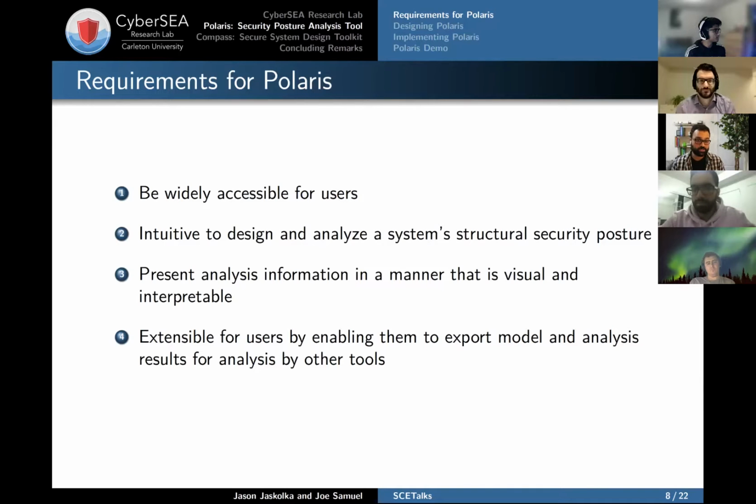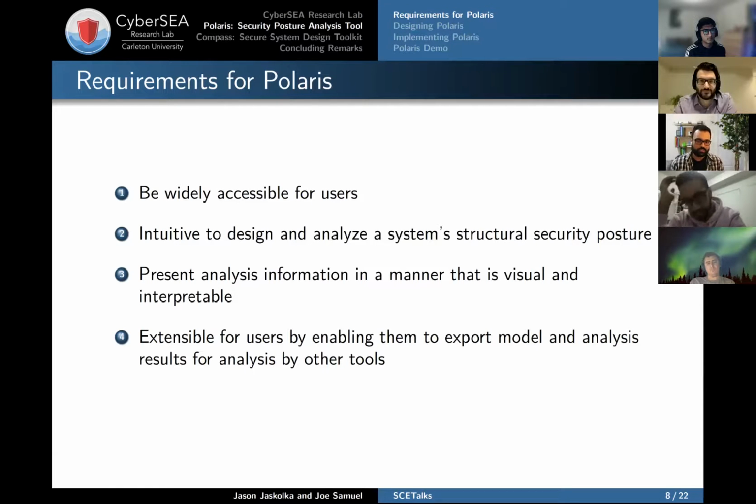One is that this tool had to be as accessible as it could be for as many users as possible, right? One of the major issues that we noticed with some of the work we came across in this area was that they required tools that were so hard to find and hard to use and get started with, because they had weird dependencies and all kinds of odd requirements, which made it very cumbersome and put people off from using those mechanisms or tools in their workflow.